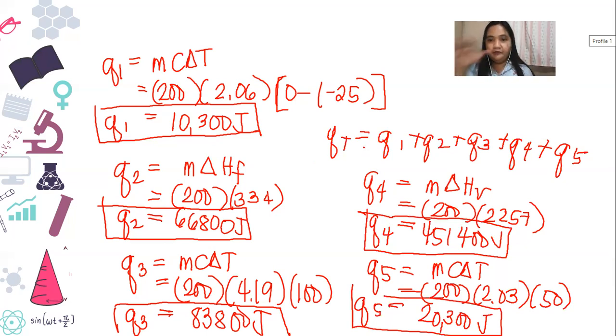Pardon my handwriting, it gets better through time. So that's 10,300 plus 66,800 plus 83,800 plus 451,400 plus 20,300, and that's 632,000. I'm getting QT as